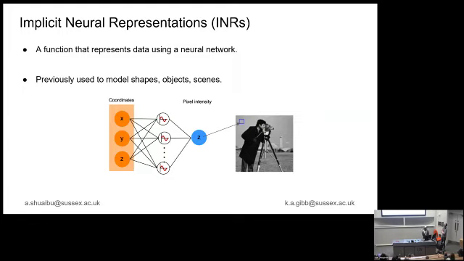So this INR has been used in lots of contexts, for example 3D modeling, and personally I've used it in a more complex setting to predict disease progression over a period of time. And here we're looking at how it comes into play in soundscape.